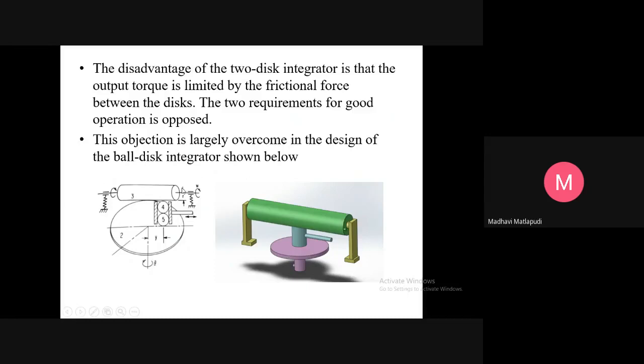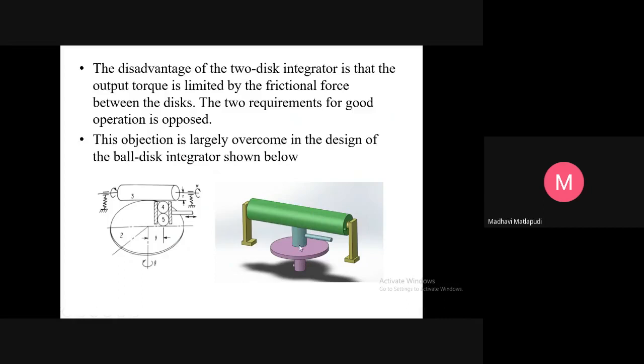So we have to slightly modify this mechanism. In place of disk 3, we replace it with a cylinder, spring loaded on either side. Now, the connection between disk 2 and disk 3 is via the ball disks 4 and 5. You can see the 3D model of this. This is the same as disk 2, which gets the input from some motor, and disk 3 is the output, that now is in the form of a cylinder. So the motion is transmitted through the balls which are placed inside this mechanism.